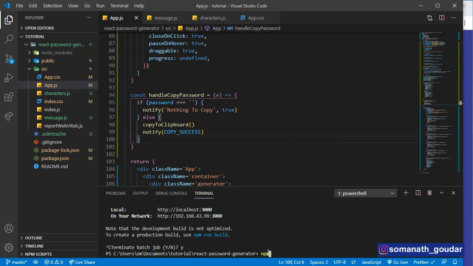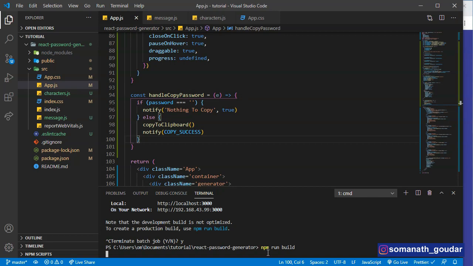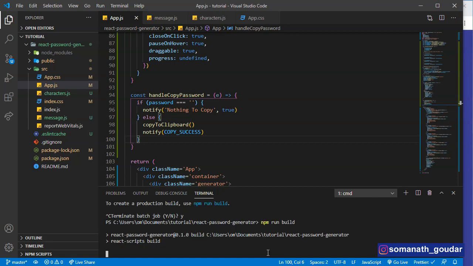So we need to say npm run build. What this is going to do is combine all these files and create a single build file that is going to be ready to be hosted on our Netlify app.